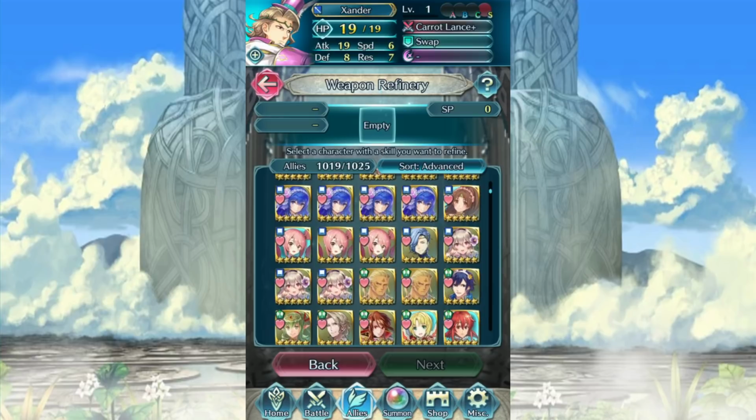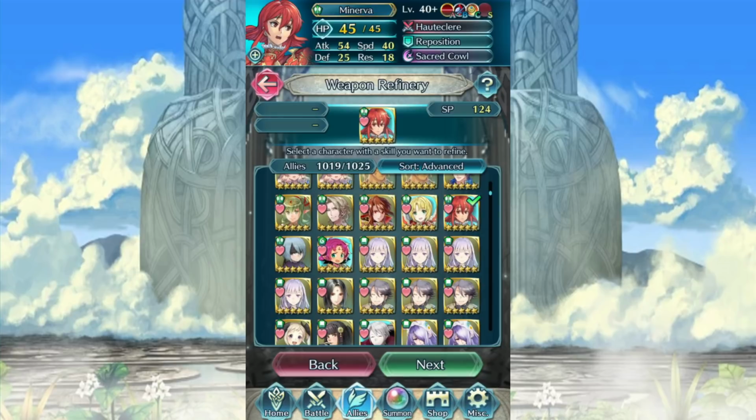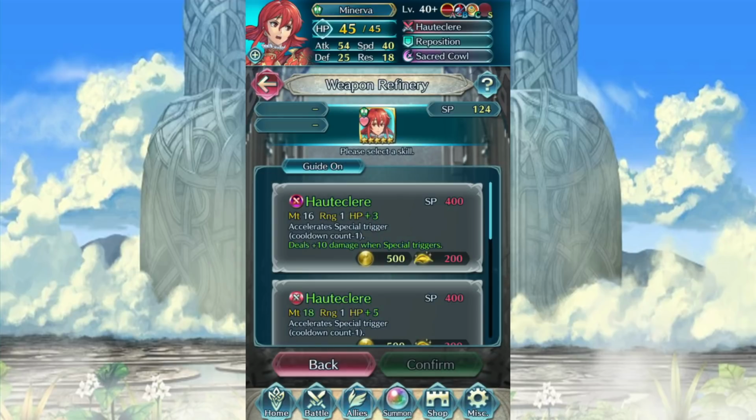When it comes to legendary weapons, one of the best is actually something that is shared between two characters. And that, of course, is our good friend Minerva, who has Hauteclere. Hauteclere is one of the, if not the best, legendary upgrades, at least for pure ability, as you can see right there. That is one of the best options available. Holy crap. Just because adding on the plus 10 damage along with the accelerated cooldown is essentially making...